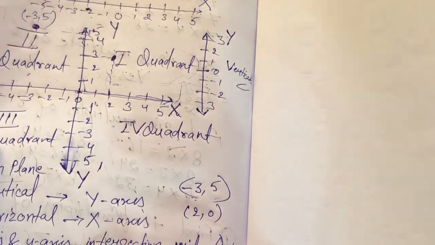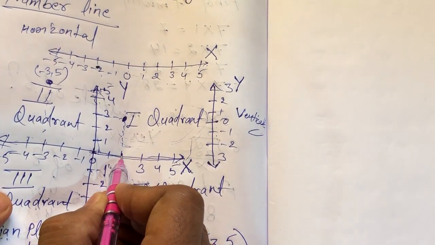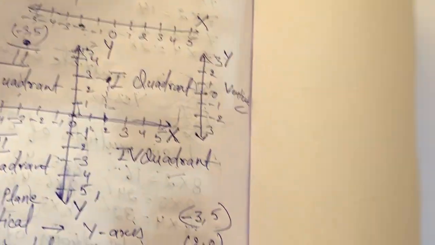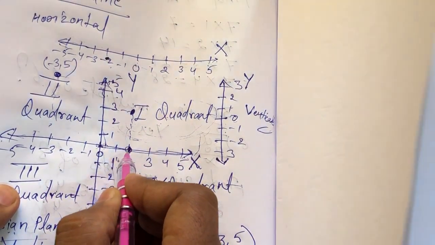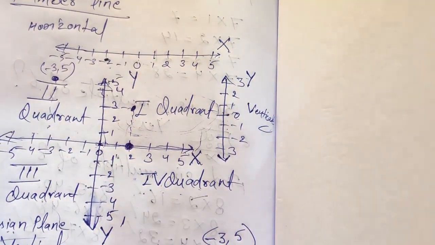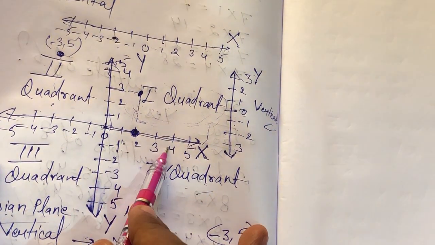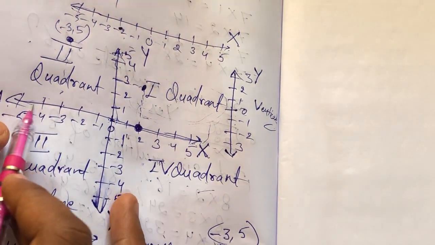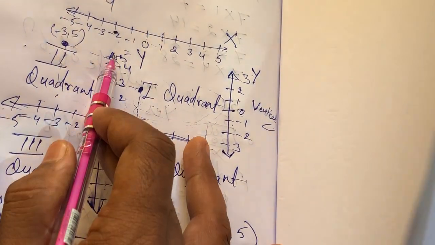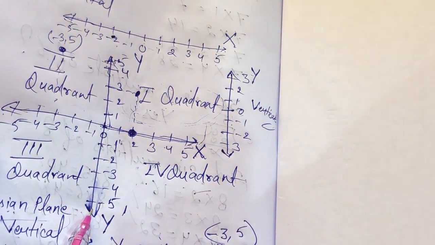And suppose one more thing, if the question is asking where 2 comma 0 will come. See 2 comma 0, so here 2 and 0. See, the y point is 0. So 2 comma 0 you are going to get here only. In which quadrant? Not in a quadrant, you are getting it on the positive x-axis. Here we have the negative x-axis, here the positive y-axis, and here the negative y-axis.